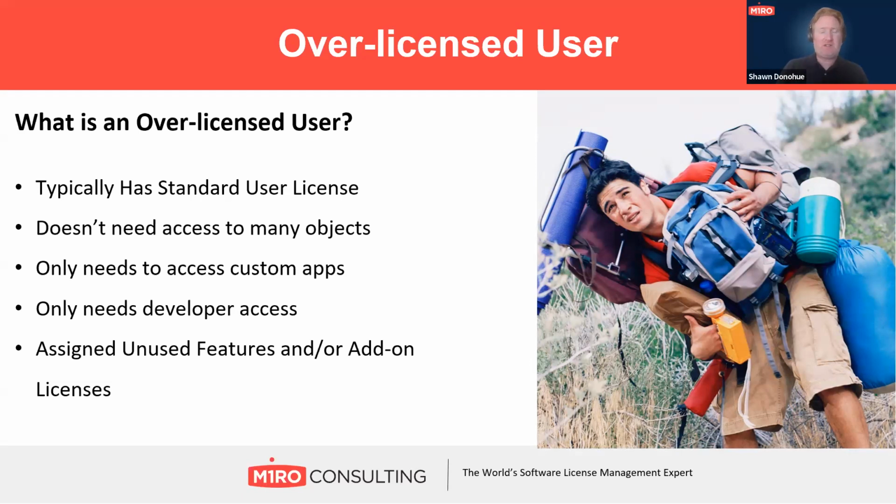Another one we give is a development team. We see development teams who have standard licenses when really maybe one person on that team needed a standard license to check occasionally if something worked, whereas the rest of the development team didn't need that at all. They only needed developer type access, which was 20% of the cost.